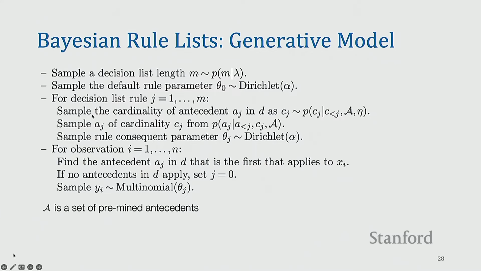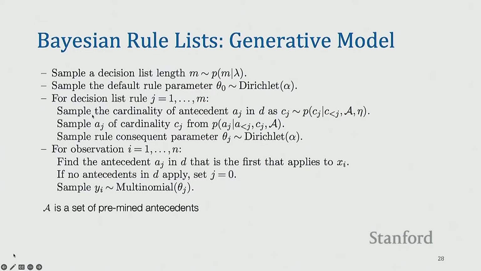So for those of you who are familiar with Bayesian models, here is what their generative process looks like. For those of you who are not familiar, there's no need to worry too much. All that goes on in generative models or these kinds of Bayesian topic modeling style approaches is that you assume a particular process that generates the data, and then you have a bunch of unknown parameters as you assume this process, and then you work backwards and try to estimate or learn those unknown parameters using different techniques, right? So that's the basic intuition or concept behind generative models.